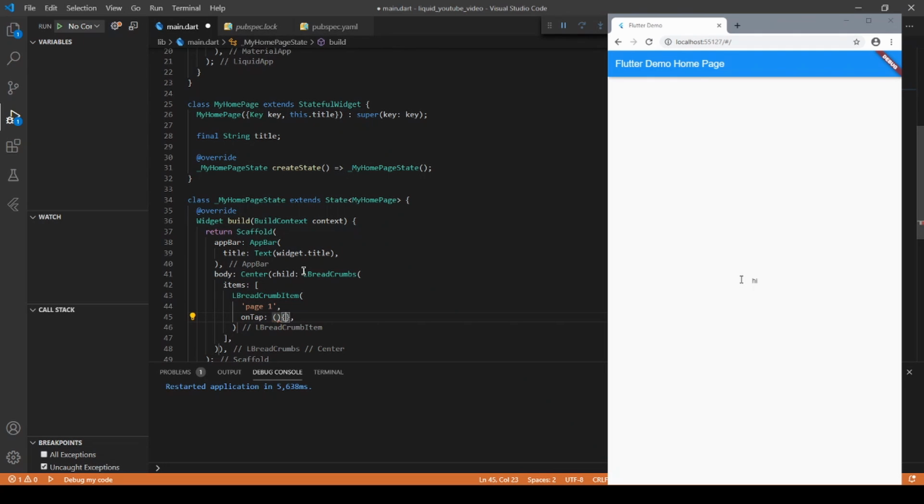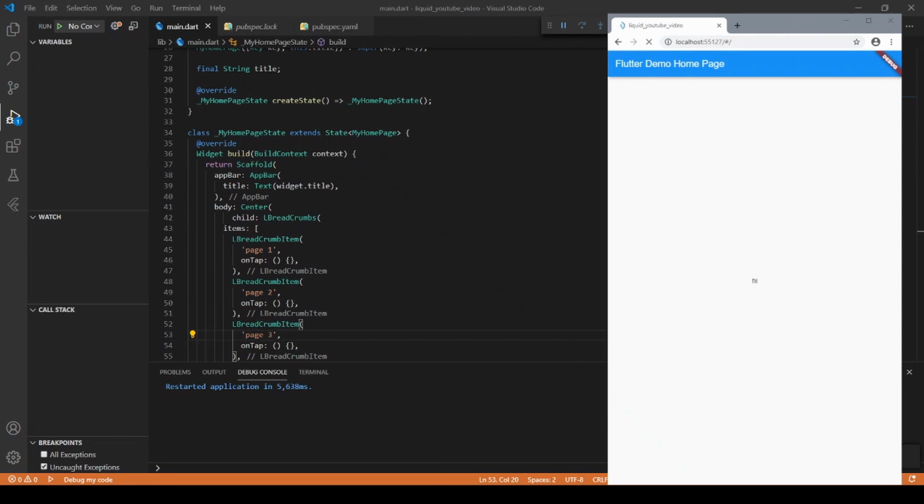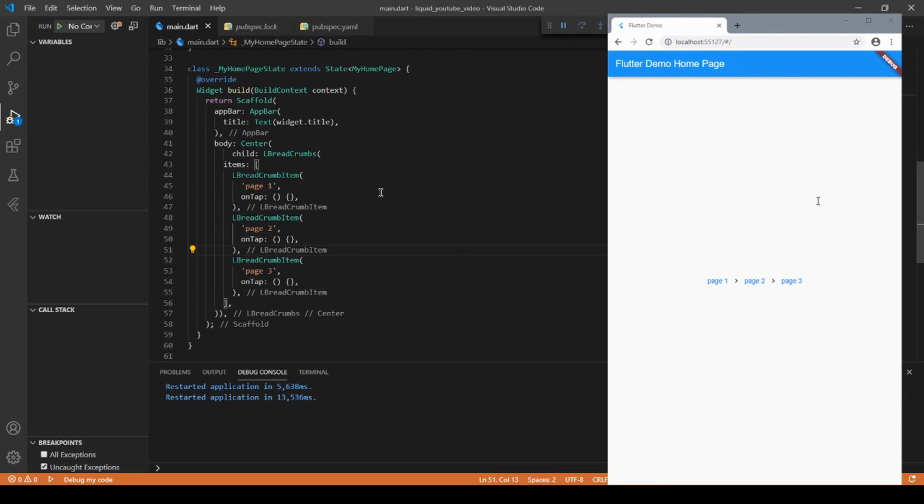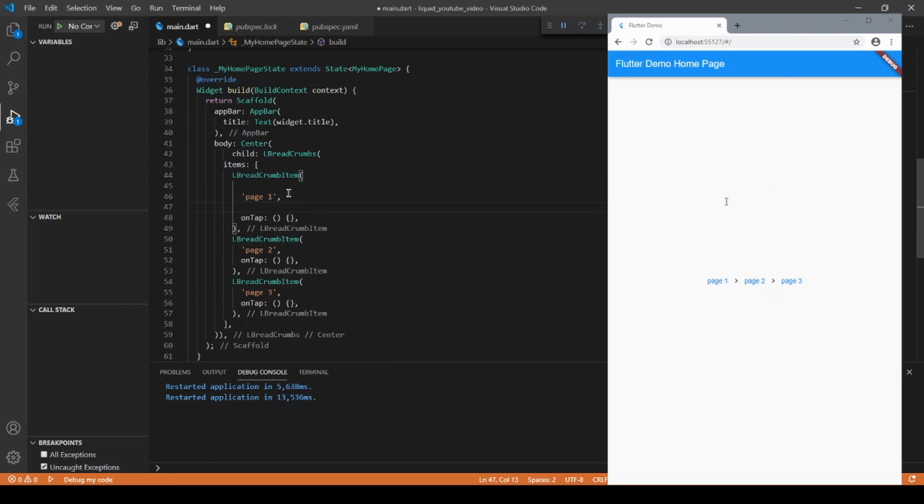We can make many more changes to these. For the LBreadcrumb item, we can change whether this is the active page. An active page is the page that you are currently on. If I change it to true and want to change the active color, we can say so.